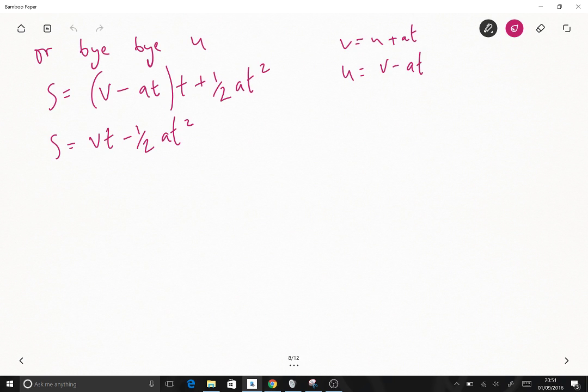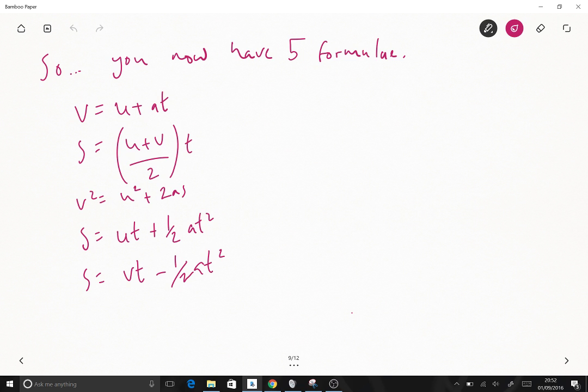So you now want to get rid of u. Okay, so we take that equation that we had earlier, s is equal to ut plus half at squared, that one from the previous slide, and we replace u with v minus at. We substitute that in, and we have s is equal to vt minus half at squared. Okay, happy days. You've now got 5 formulae,